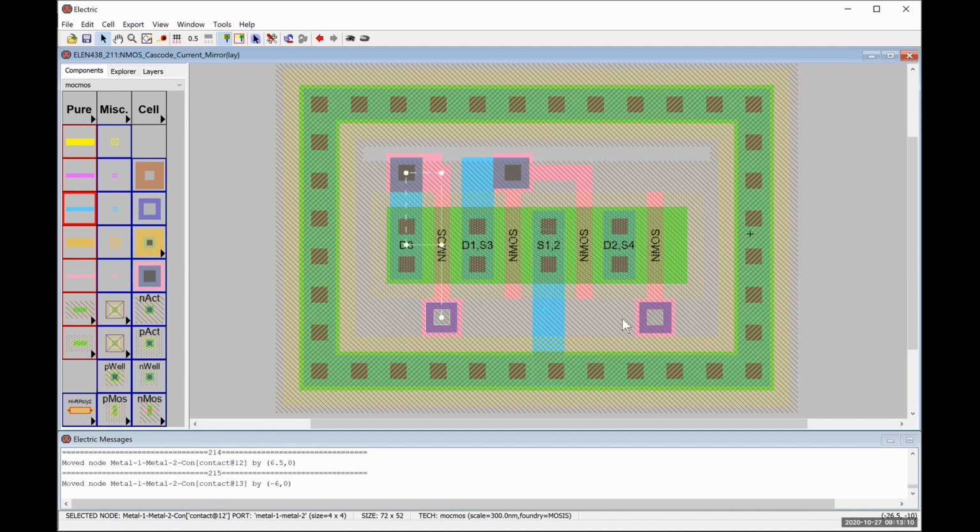And now if I click here to here, it's still doing metal 1. So let's select metal 2. And there we go. And so now I have the gate of transistor M3 tied to the gate of transistor M4,